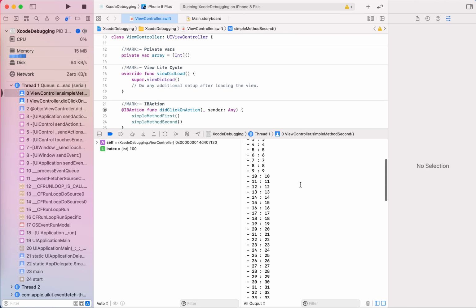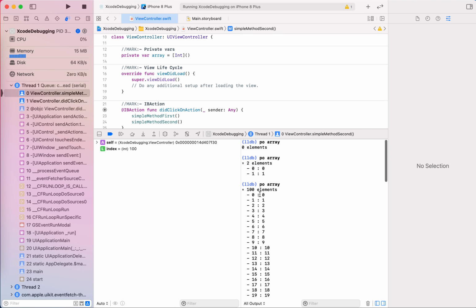Now you can see that there are 100 elements. So through the po command you can print the object information, and you can use this po command at the time of debugging.